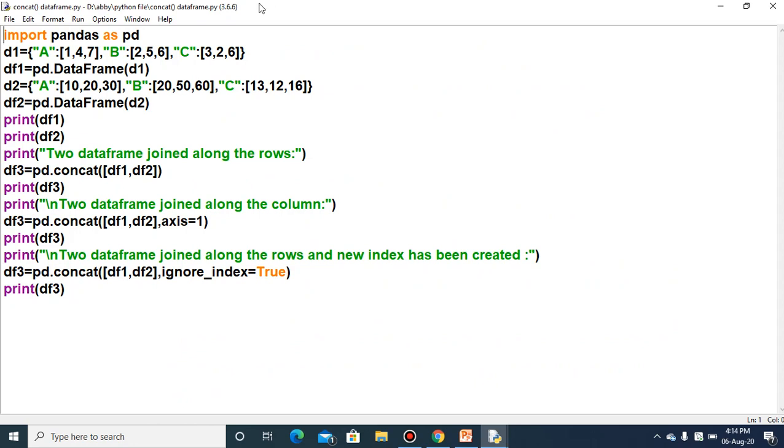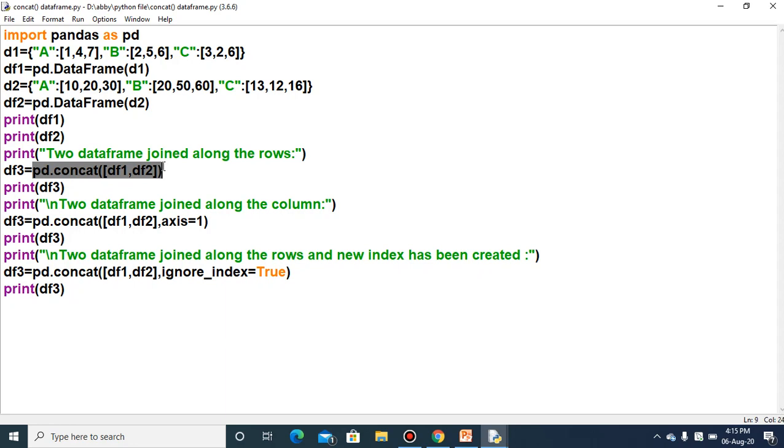Here you can see that I have created two data frames with the names df1 and df2 with the help of two dictionaries d1 and d2, and separately I have taken the output for data frames 1 and 2. Data frame 1 contains a, b, c as columns. In the same way, the other data frame d2 also contains a, b, c as column names. Only the values are changed, with 3 rows and 3 columns for the first data frame, and the second data frame also has 3 rows and 3 columns. So when you combine these two data frames with the help of concat, this is the statement that you will specify to join the two data frames.